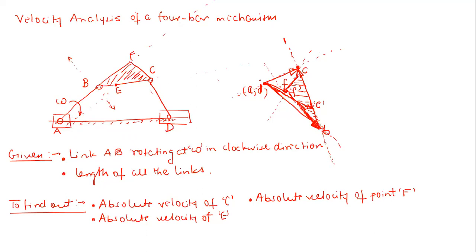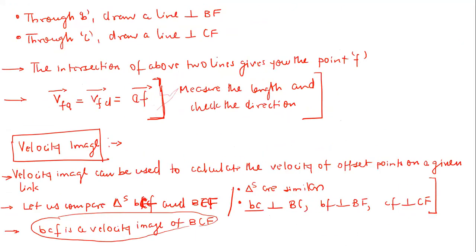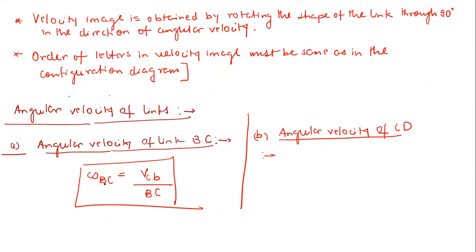Sir, as AB moves clockwise, the point B will move downwards and C will move upwards. Right. So, the velocity vector of BC is pointing upwards. The very simple thing which you have to note down here is that this BC vector is pointing upwards. That means the point C is going to move in upward direction, because the tangential velocity of point C with respect to B will be in the upward direction, correct? So that means it is going to rotate anti-clockwise. This is how you can figure out.